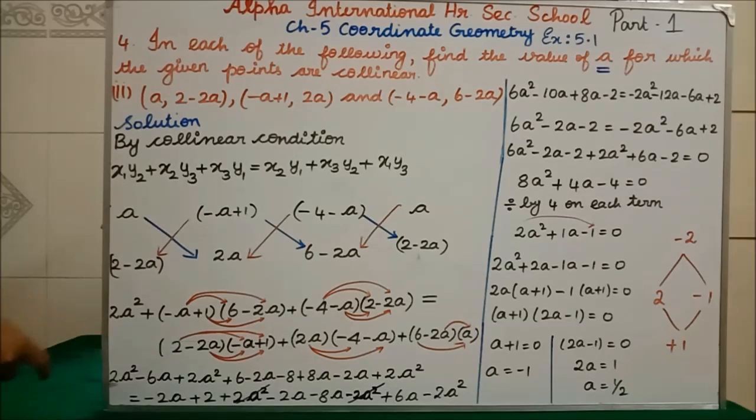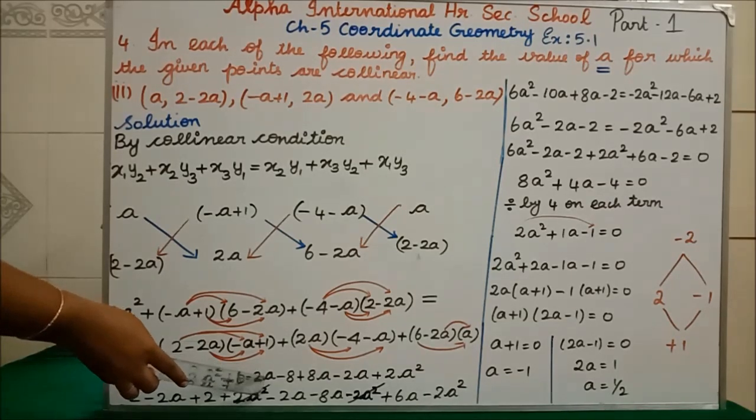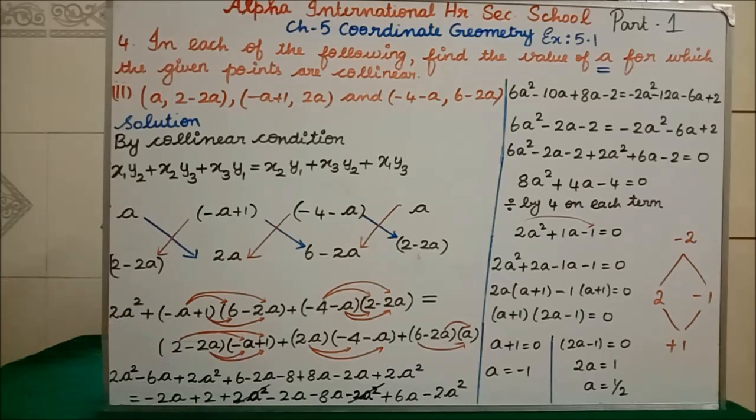No, so in pencil you strike out this a square term. Now we are going for a. Here minus 6a, here minus 2a. Minus is what? Minus we are going to add. So minus 8a. Clear? Here again plus a. So plus 8a and minus 8a will get what? Cancel. Can you able to understand?